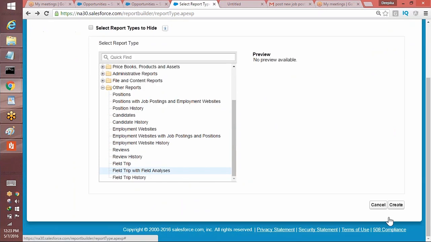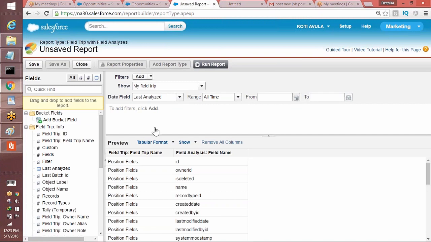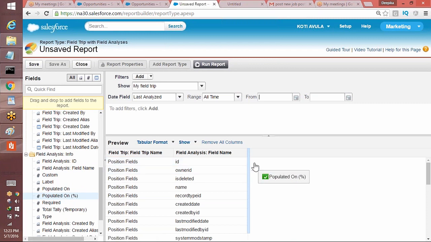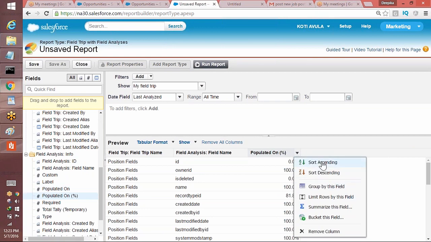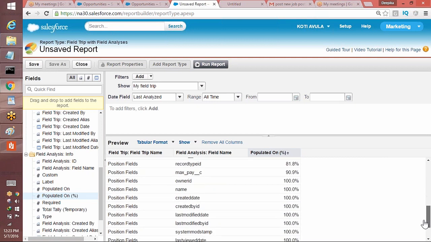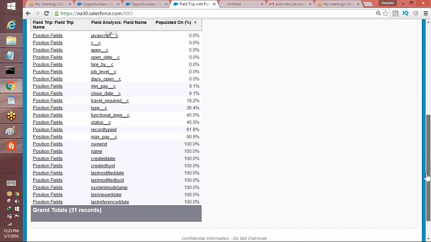This is the one. Go ahead and hit the create button since you have added a field trip on the position object. Then it'll tell you how many times this field has been populated, the percentage. If you wanted to arrange it in ascending or descending order, you can arrange it. So these are the fields never been used, so you can run the reports. Okay, so you can get a better idea that no one has ever used those